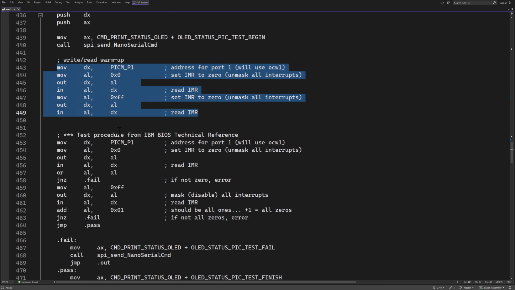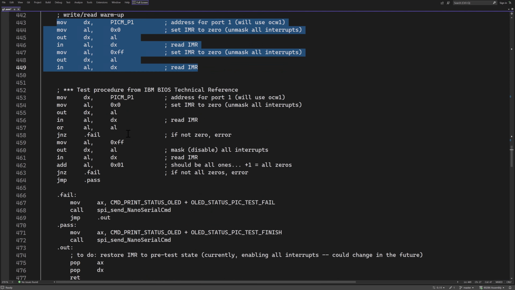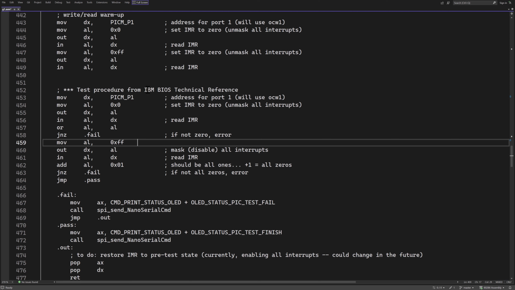And I'm just calling that a little warm up. But then I actually get to my test procedure, and this is referenced in the IBM BIOS Technical Reference Manual. And one of the books that I'm using as a reference referenced it and reprinted it with IBM's permission. So this is a routine that I pulled from that, and basically I'm going to refer to port 1 on